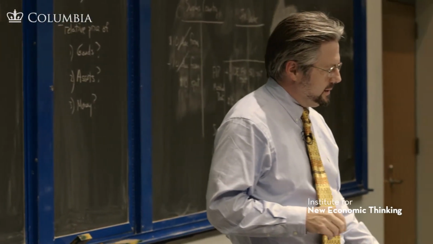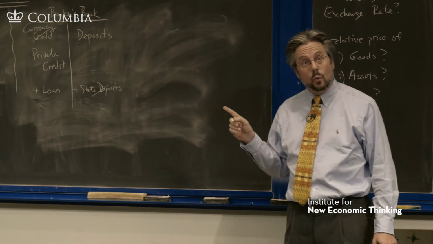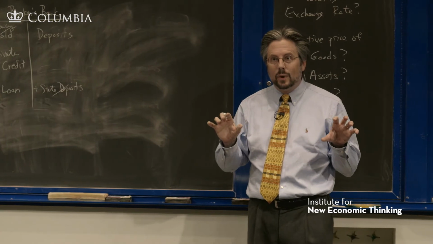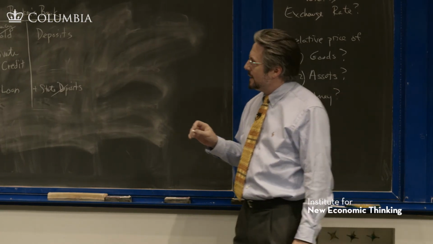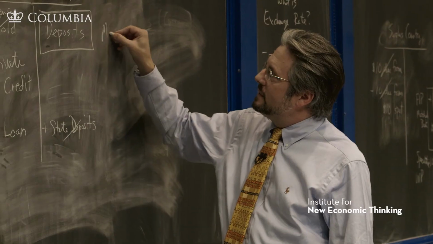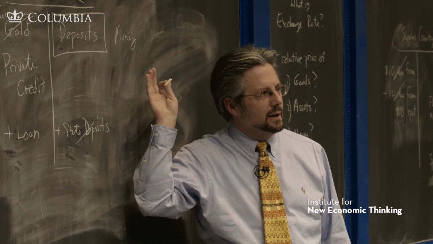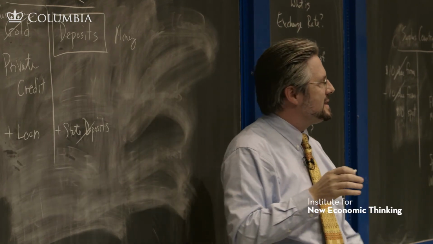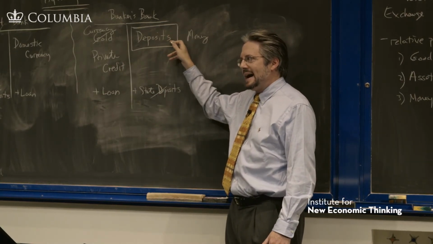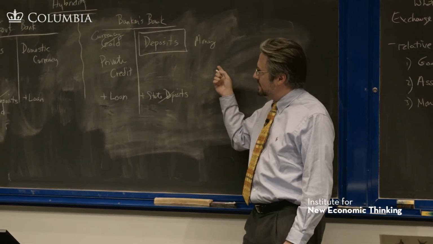And why did they keep it going? It was a marriage made in heaven. Ultimately, both sides realized, why are we having these competing systems? We can both be better off. Why? Because the king will bless these deposits and will say, it's okay to issue private money. I'm not going to insist that my money is better than your money. You have legal protection. That is money. That's one side of the transaction.